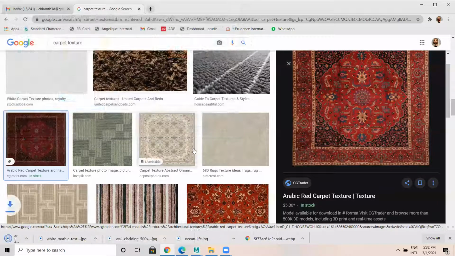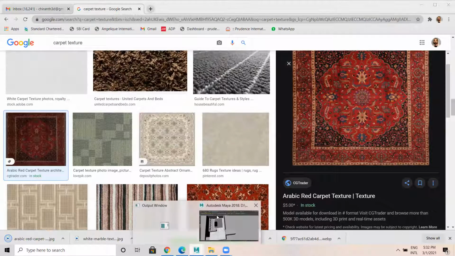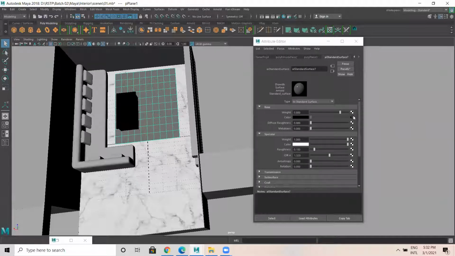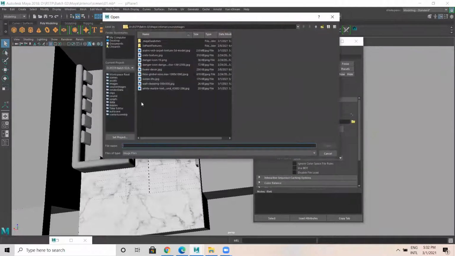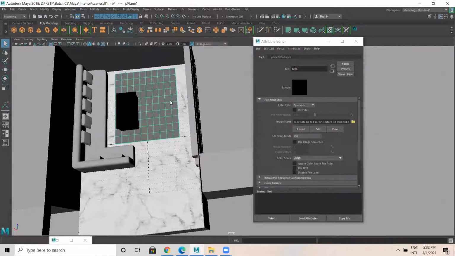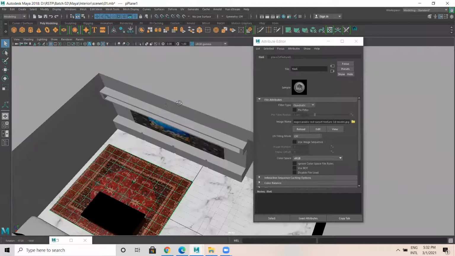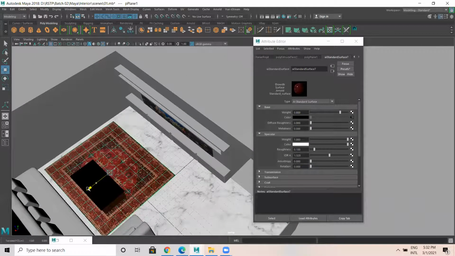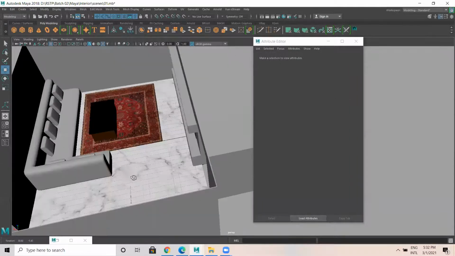Arabic carpet. Let us have an Arabic carpet in our house. So now, great. We have an Arabic carpet. See? Got it?